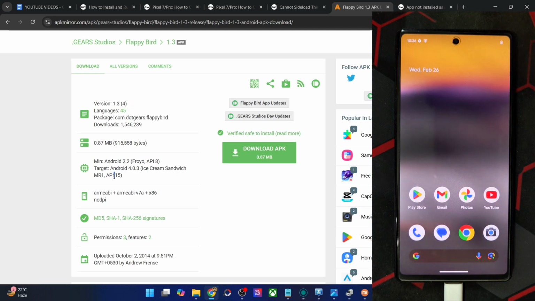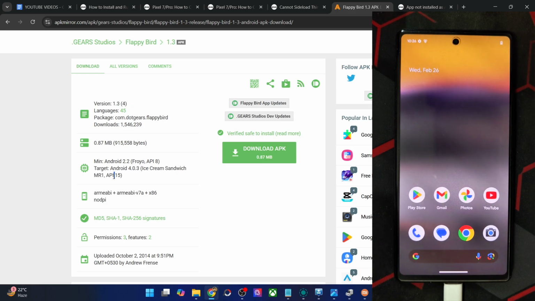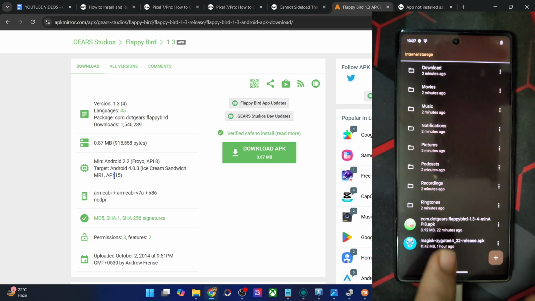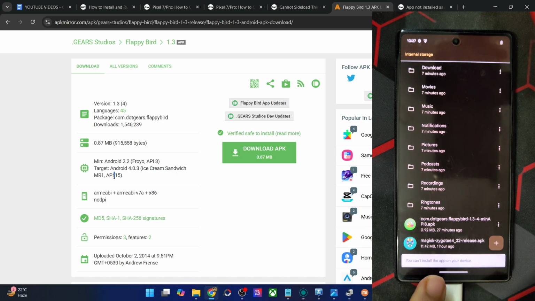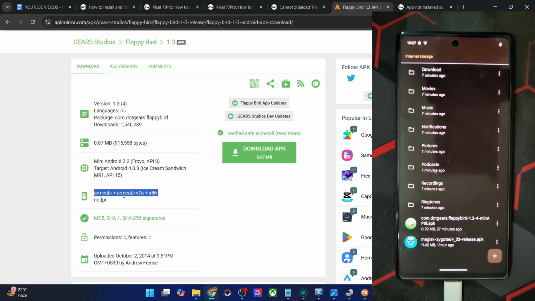So now that we have bypassed the architecture, you will now have to bypass the OS version. Simply installing the APK at this point in time might not work. Still, let me see if it works or not. So this is the APK file, and if I try to install the APK now, you could see it's not being installed because we have only bypassed the architecture variant, but we have not bypassed the OS build. So now we have to bypass the OS as well.